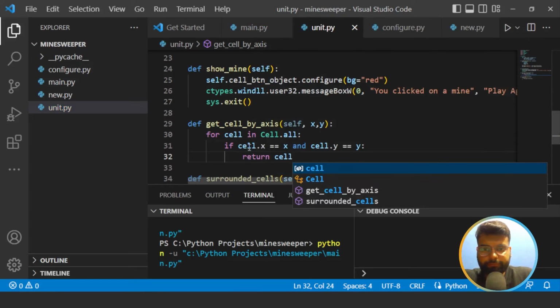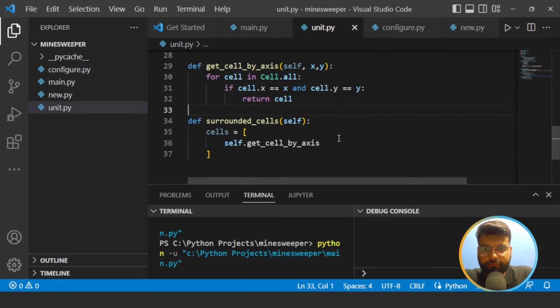Okay, if that cell is present, what we have passed as the x and y coordinates, then we would get the cell in return. And now to get the surrounded cells,